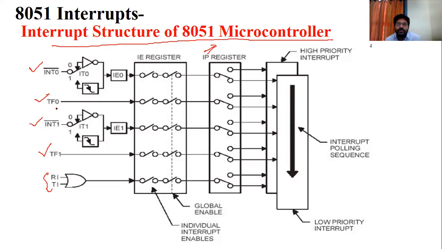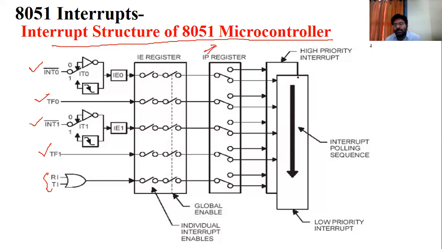Out of these five, which interrupt is going to access the microprocessor first can be decided by this interrupt priority register. There are some priorities in this. The first one gives the first priority, then the second one gives the second priority, then the third, then the fourth. These priorities can also be changed by writing the programming to these registers. The first pin you connect to is the first priority, the second one is the second priority, the third one is the third priority. Or you write the programming to this IP register, the interrupt priority register, and can change the priorities also.